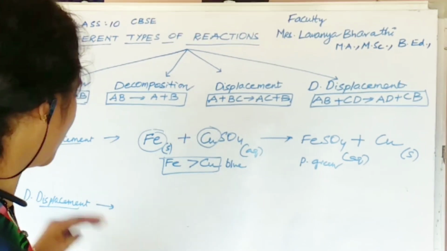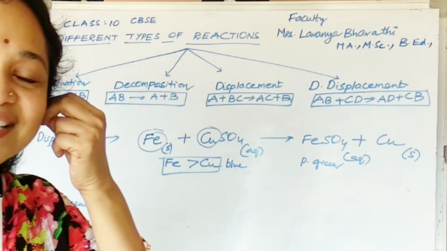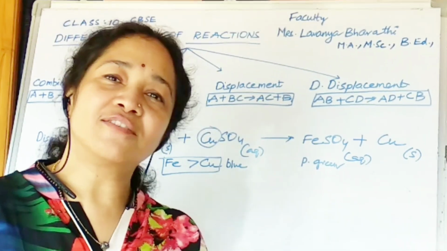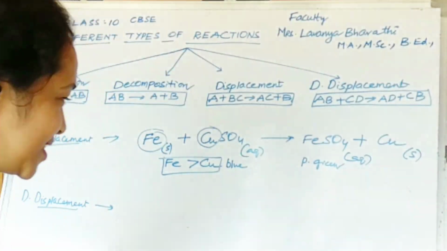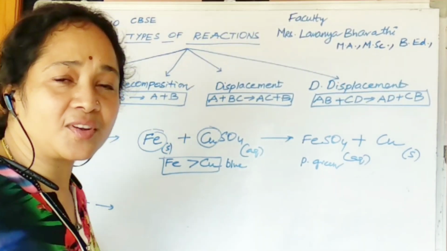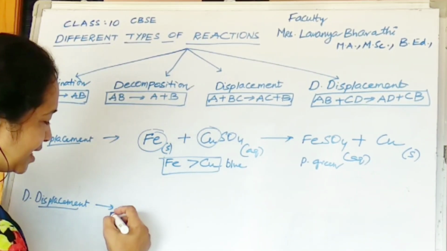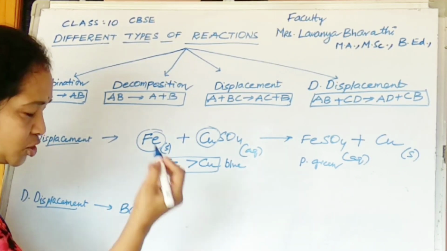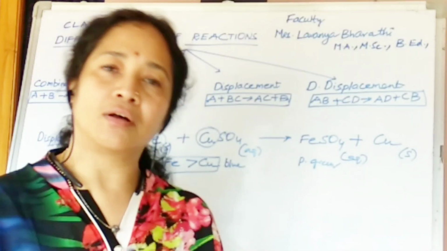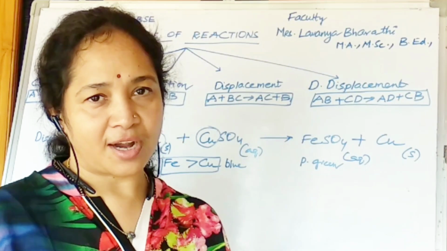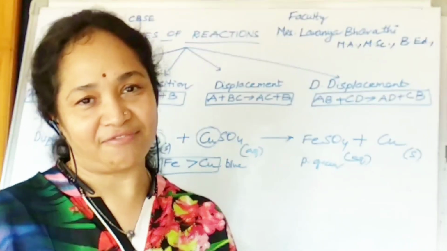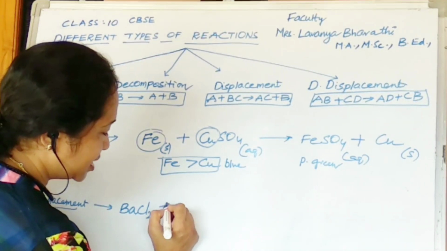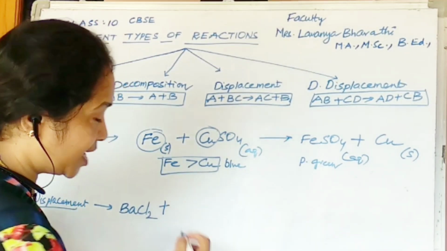Okay, then we move on to the last one, that is double displacement. As I told you, twice exchange of cations and anions takes place. So we'll be taking again an example. I'm taking two aqueous salt solutions. One is barium chloride, another one is sodium sulfate. Barium chloride is BaCl2 and the formula of sodium sulfate is